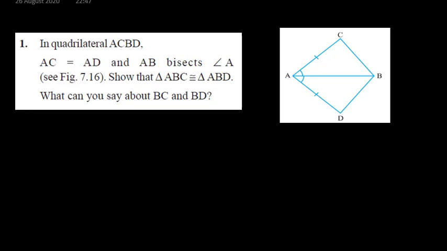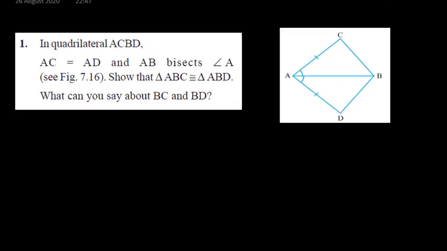What I recommend is that you can pause and first try yourself and then see the solution. Whenever you have to write a solution in case of triangles, you have to write what is given, what you have to prove, and then your solution. So given, you can write, in quadrilateral ACBD, AC is equal to AD is given, AB bisects angle A is given. To prove, you write, you have to show that triangle ABC is congruent to triangle ABD, and then start your